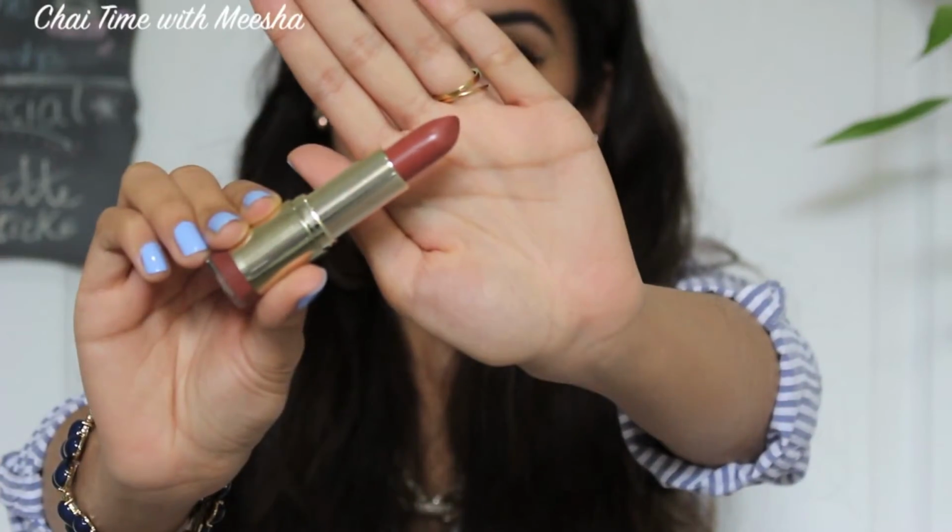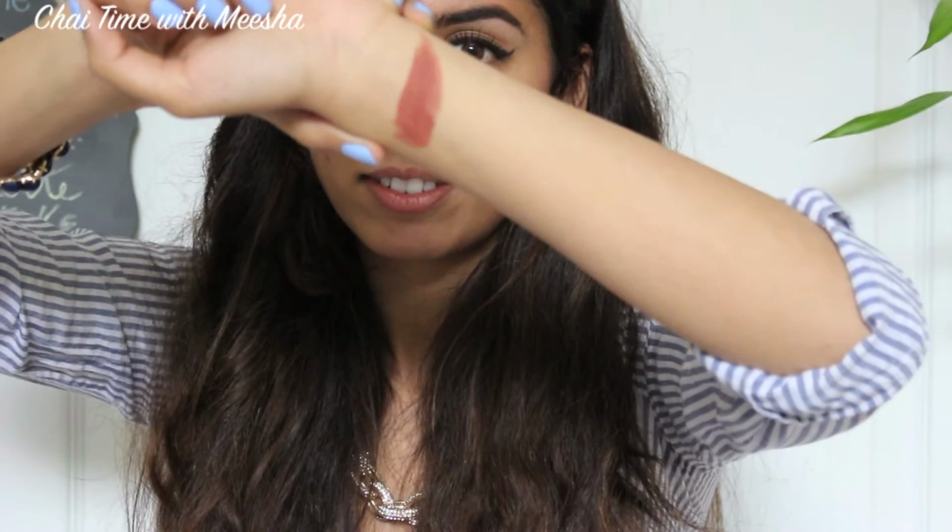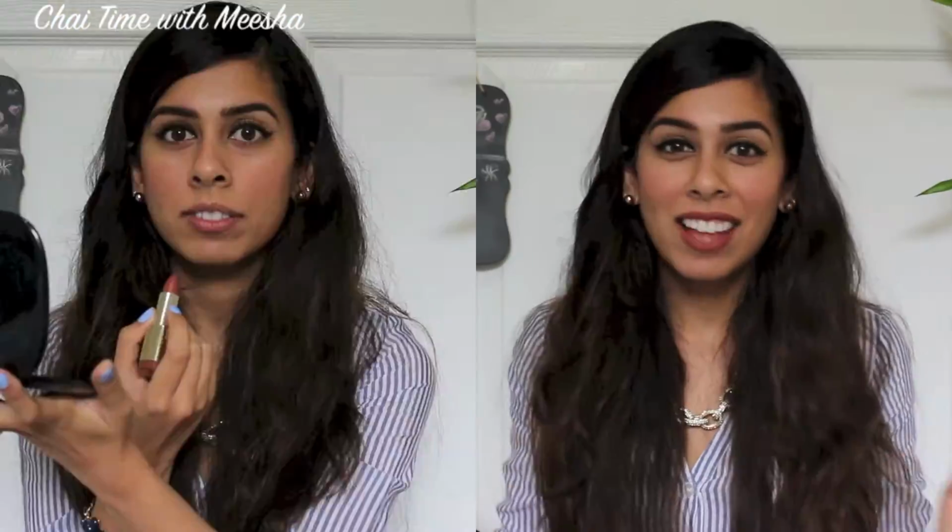First up, we have a neutral nude shade with a lot of brown to it. So it's a perfect nude neutral shade for someone of a medium to deep skin tone. And this one is called Matte Beauty. I love this color. You guys may have already, by the time you're watching this one, seen my Maybelline second